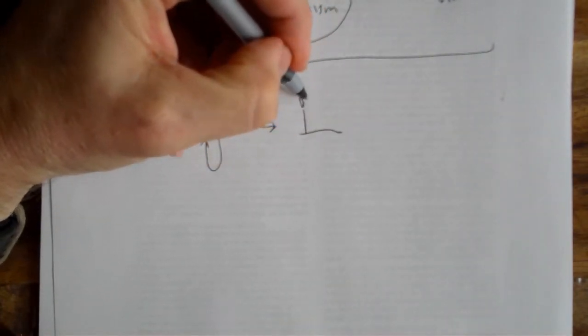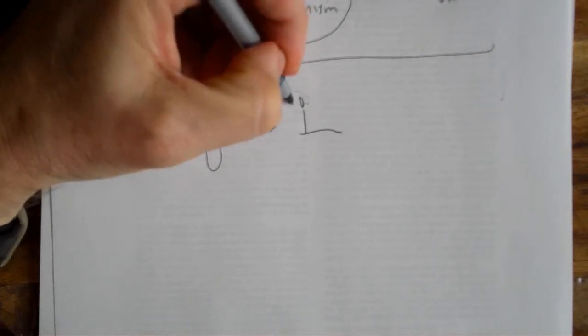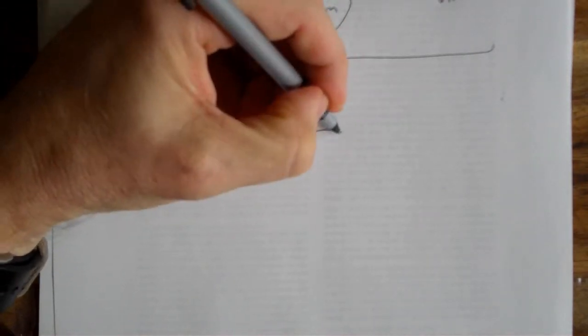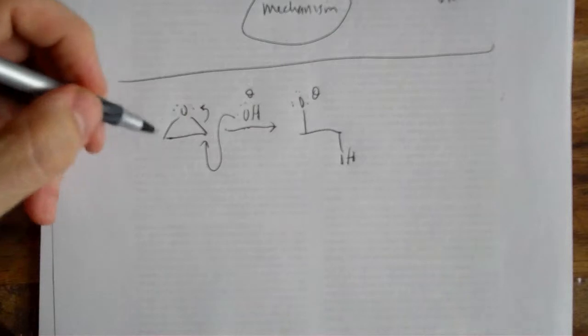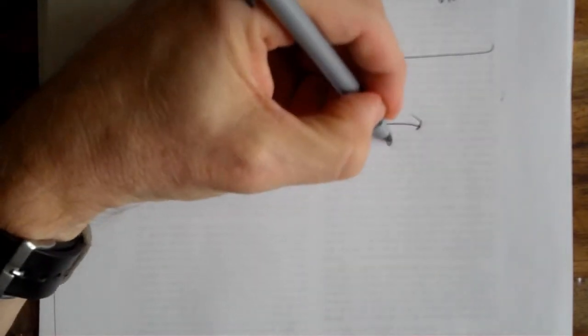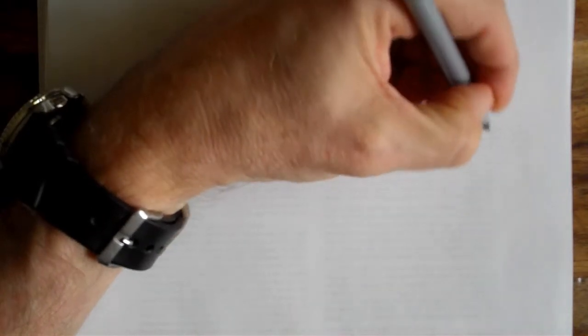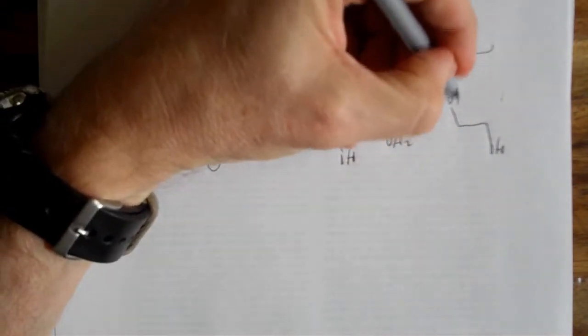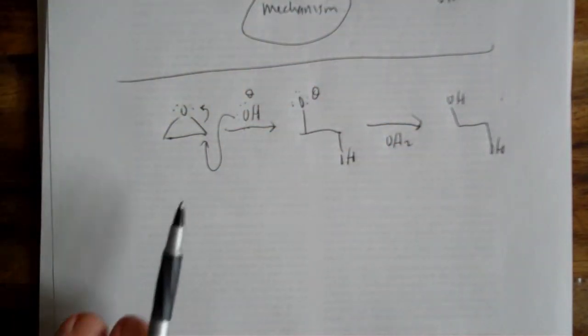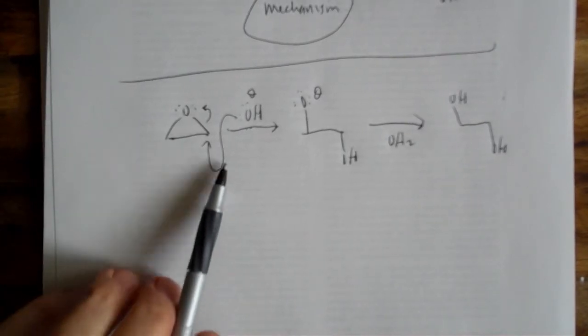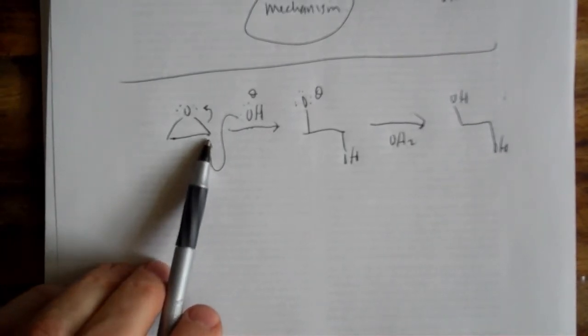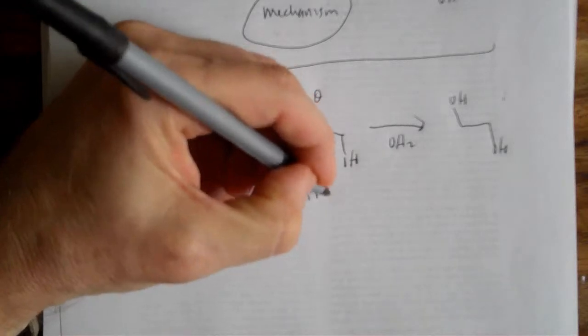And it's going to give you an OH, and then if you treat that with water, then you get, okay? Now if you look at the mechanism there, you can see this is coming in from the back side of that. So this is going to give us a trans